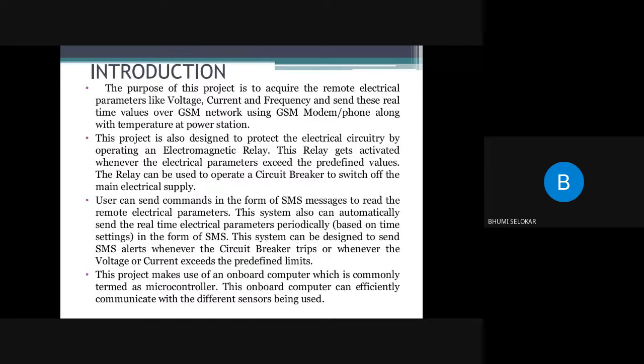This system can automatically send real-time electrical parameters like voltage, frequency, and current, and send these real-time values over the GSM network along with temperature and power station. In this project, we are using a microcontroller which can communicate with different sensors that have been interfaced. Next,